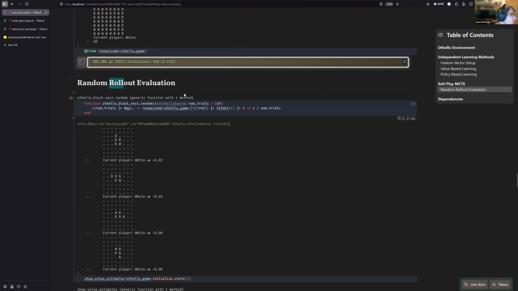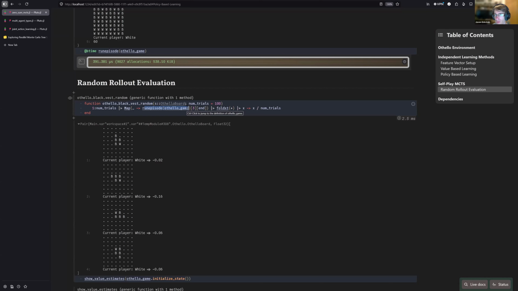If we have this game, all we have to do is run an episode with the Othello game, and to make it an even better evaluation function, we can do it over some number of trials. This is just taking a state, having both players play randomly from that state, and seeing what the outcome is. The idea is that this gives us some information of how good the state is for one player or the other. Now, it's not great information,